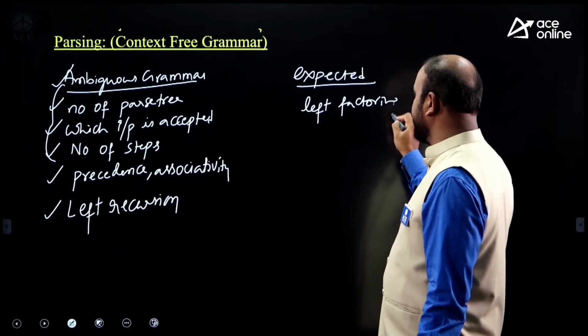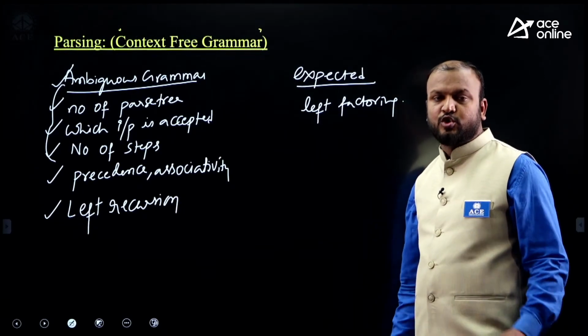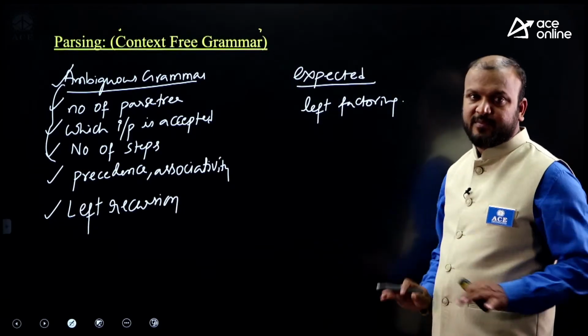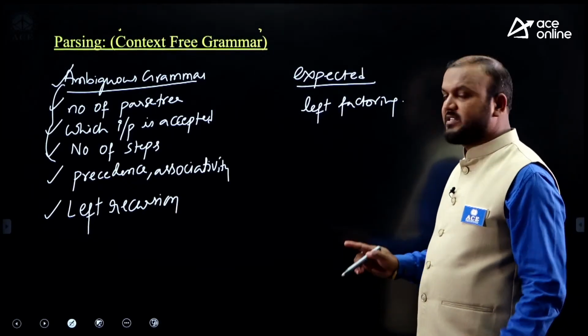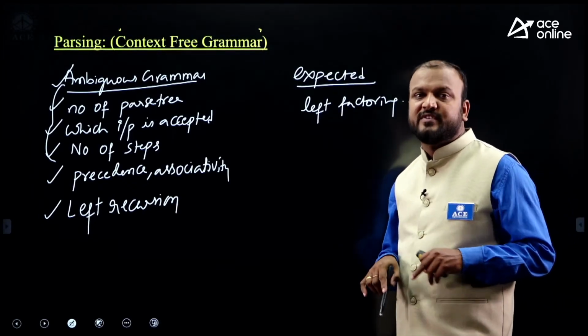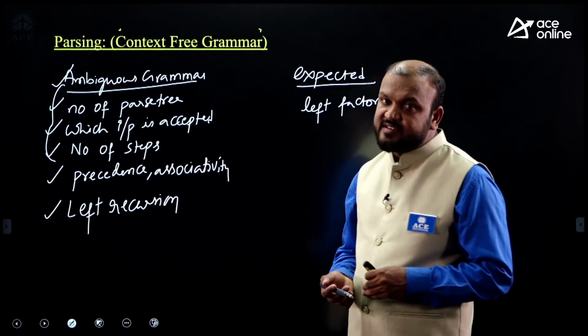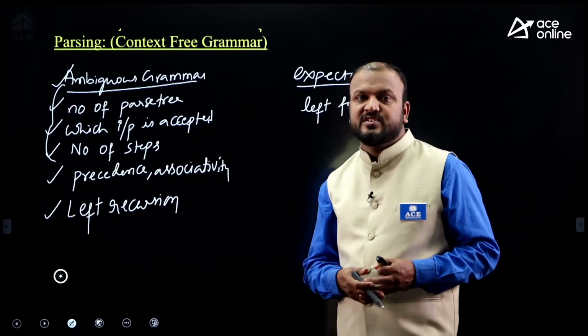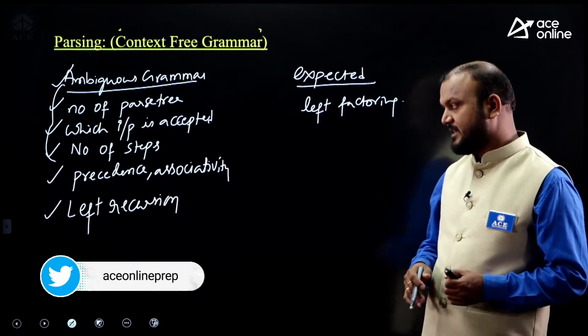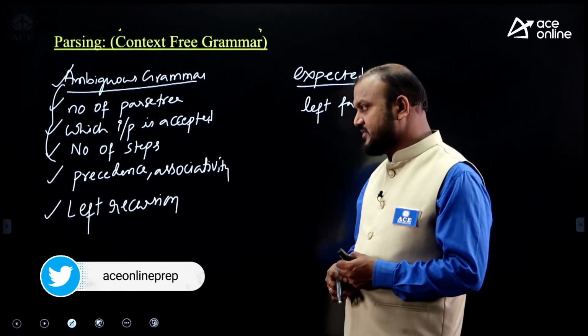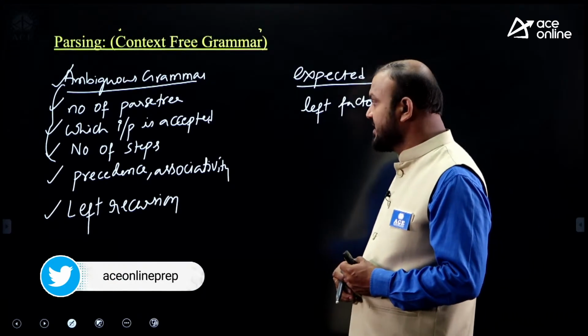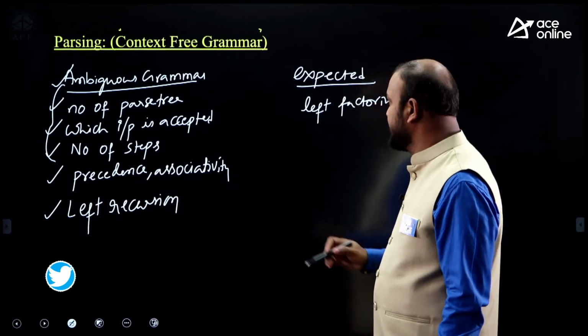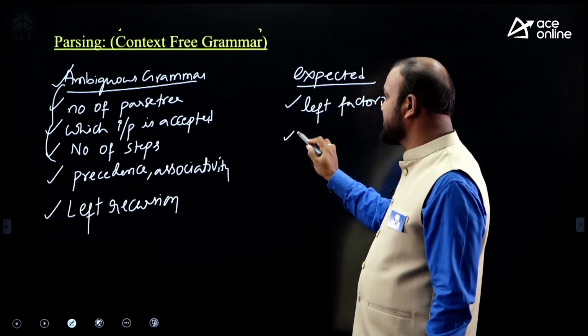What is left factoring? Isolating the common parts of two productions into a single production is called left factoring. If two productions have common prefixes, taking the parsing decision is ambiguous, so to make the parsing decision accurate, we have to go for factoring. On left factoring no questions were asked, but you can expect a question. You can also expect some MSQ questions